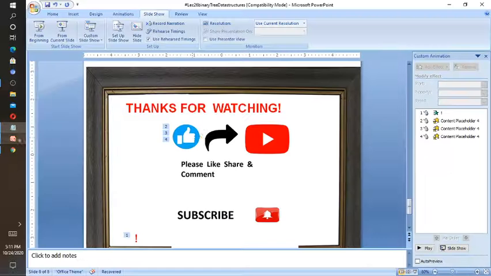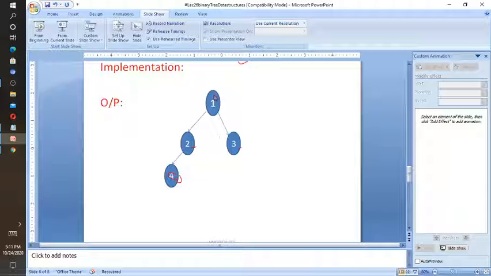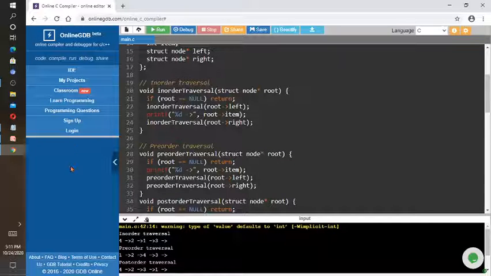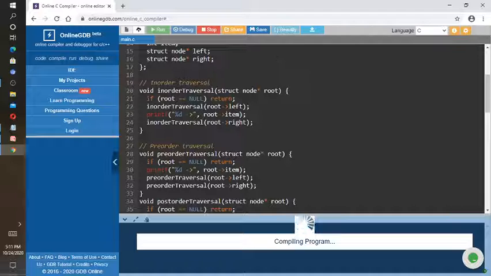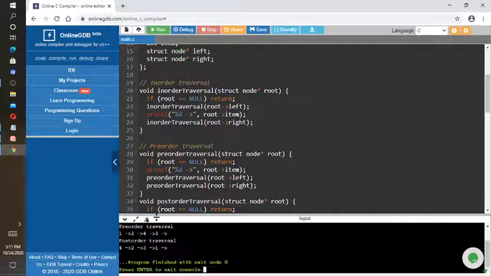Before going on, let's show the diagram again. I wrote the program where I create nodes. The root node is 1, left side 2, right side 3, and at last 4, but that 4 is a child of 2. Let's execute the program. It was already executed, executing again. We have to represent the data, then you can execute it. Yes, the above program executed successfully.